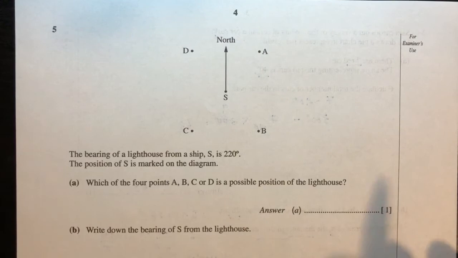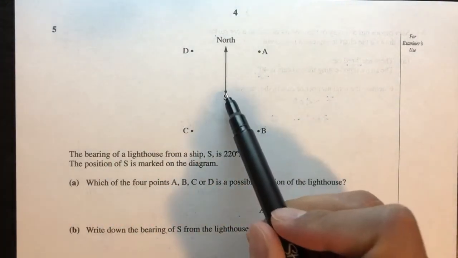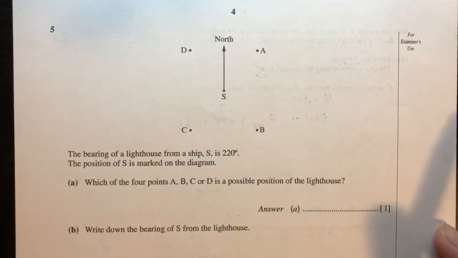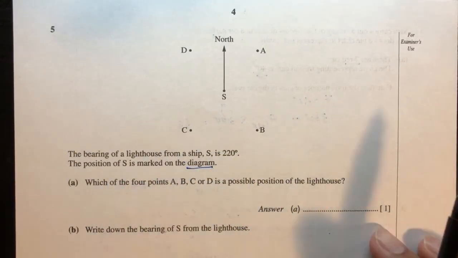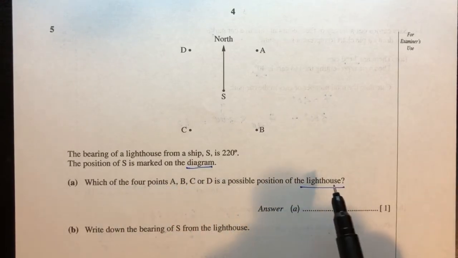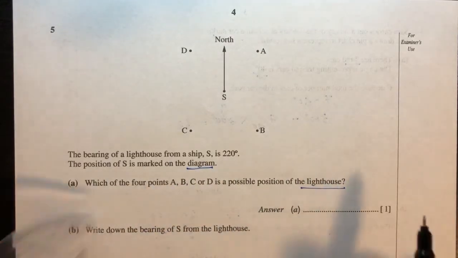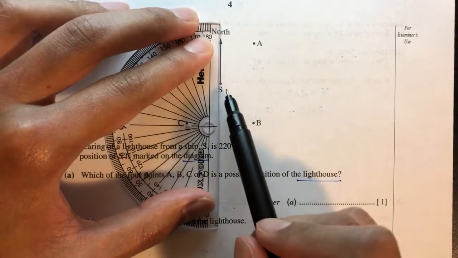Question number 5. The bearing of a lighthouse from a ship S, the ship S is here, is 220. The position of S is marked on the diagram. Which of the 4 points is the lighthouse? So let's find out. If you continue this line downwards,